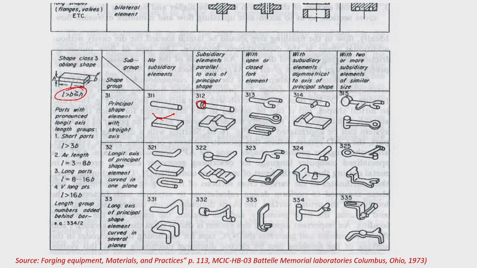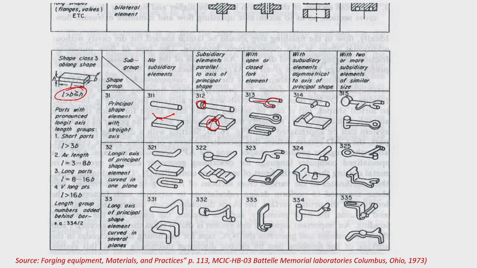Similarly, you have this case also, normal to the longitudinal axis, the die also has to be designed, the blocker die has to be designed, and you have to have an extra process by which the metal should be gathered before it reaches the blocker die. So, the intermediate operations are going to come, whereas in this first category no subsidiary elements are there, it is quite simple. Okay. Now, with open or closed fork element coming,